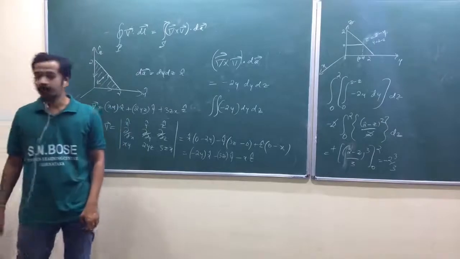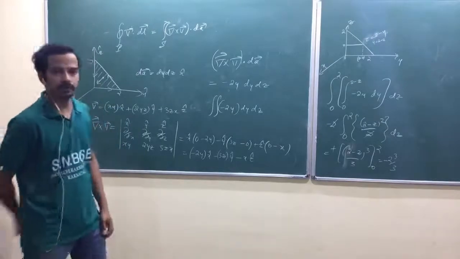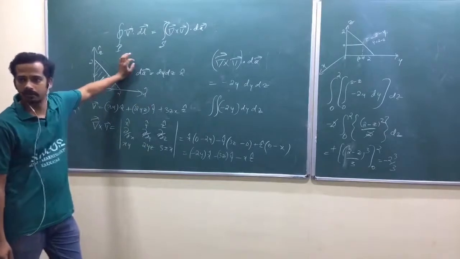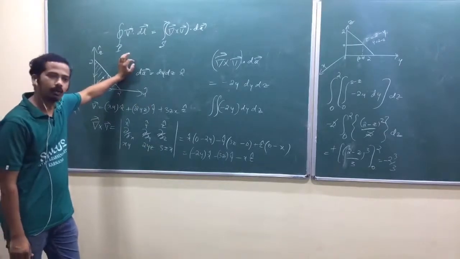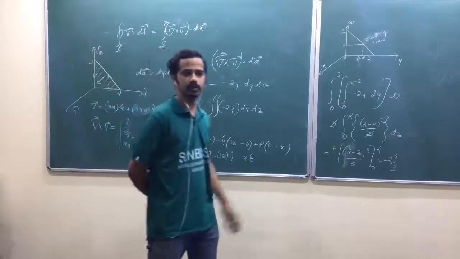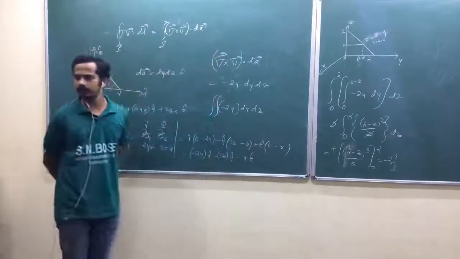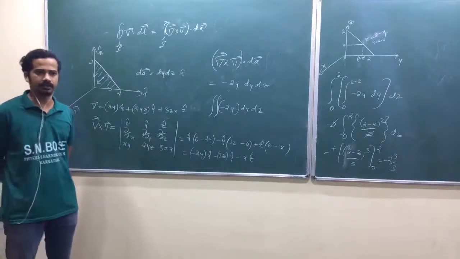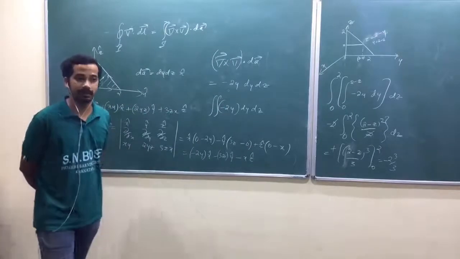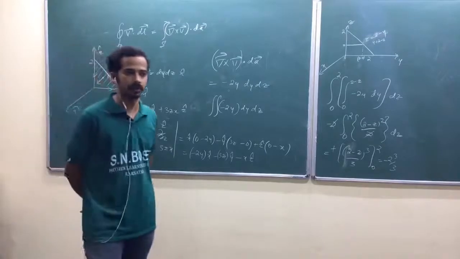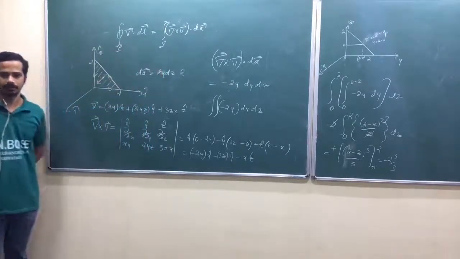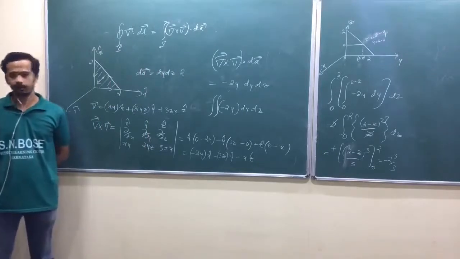Yeah, he's asking what if we get a cone? If we get a cone, we better go for cylindrical coordinate. Okay, cone, sphere, spherical coordinate, cone, cylindrical coordinate, isn't it? We have taken that kind of problem in classical mechanics. So cone has a cylindrical symmetry that will be very easy in that particular coordinate. Okay, in Cartesian also you can do that one, but limits will be very difficult. Is that okay? Limits will be very difficult.